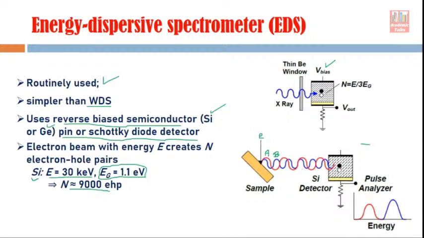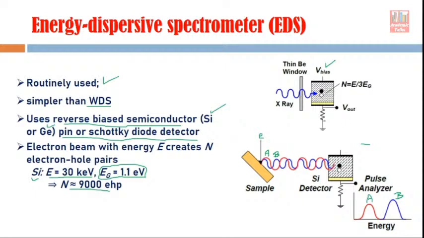So here you can see this A pulse was corresponding to A element, and this blue color B pulse corresponds to B element, right. So the presence of these two peaks at two different energies is an indication that two different elements may be present here, or it is also possible that these two different X-ray signals are produced because of a single element, because you have seen in the earlier slide that in a single element also there is a possibility of multiple transitions from L to K or from M to K and so on.